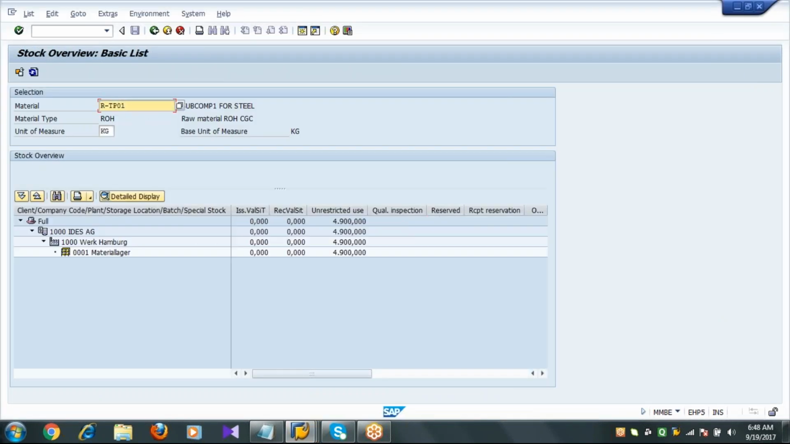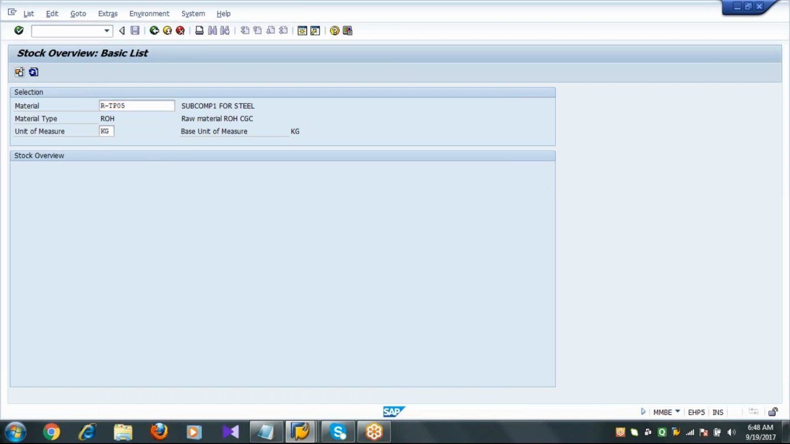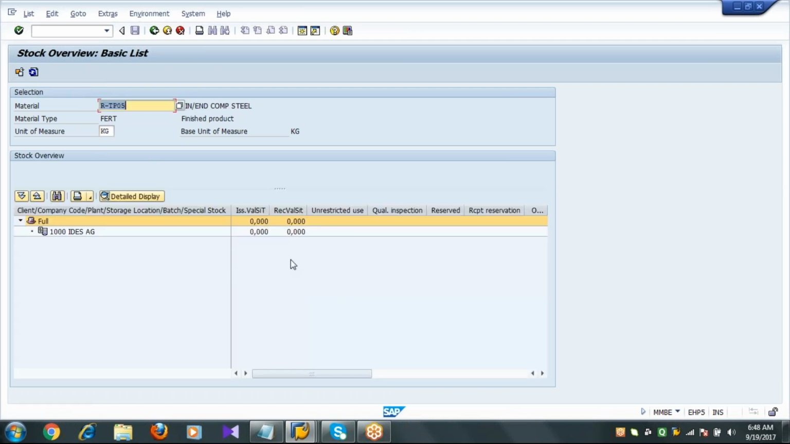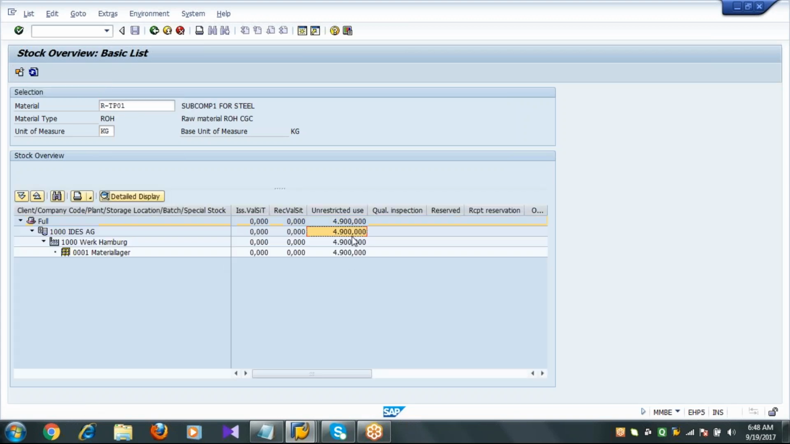So here I'll enter R-TP05 and click on new selection. When you click on new selection, are you able to see the stock for the finished material? No. Observe carefully. Are you able to see plant, company code, everything? It is just displaying the company code. Suppose you enter the subcomponent R-TP01 and click on new selection, it displays the stock, your company code,